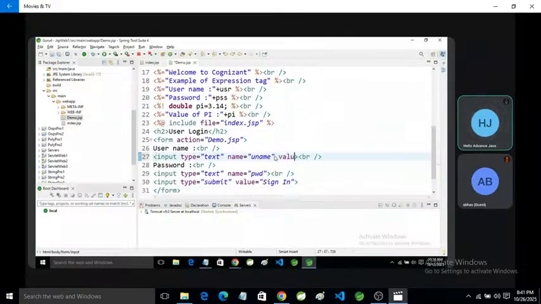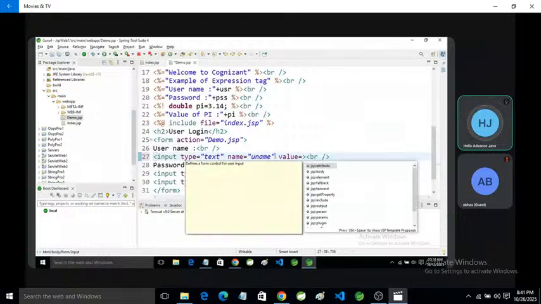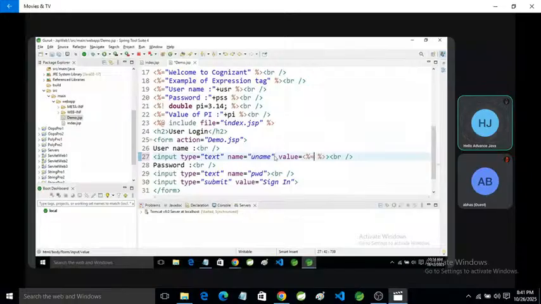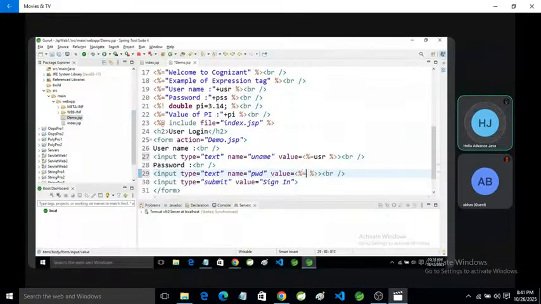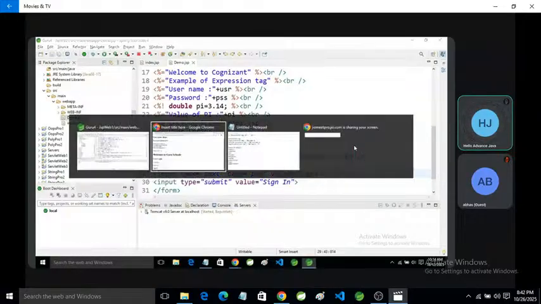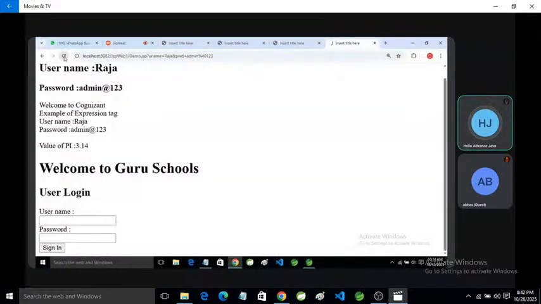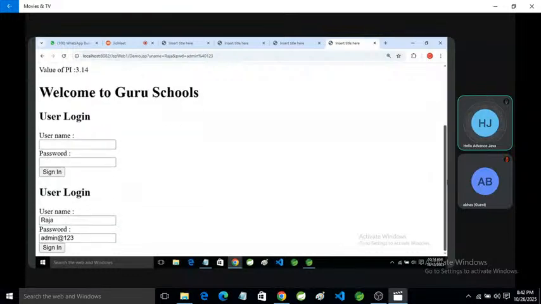So here we can declare value equal to percentage equal, the value of USR. Same as we can show the value of password. So value equal to percentage equal and PSS. So you can see these values. Copy this, and here you can see this. It's shown in the same format.